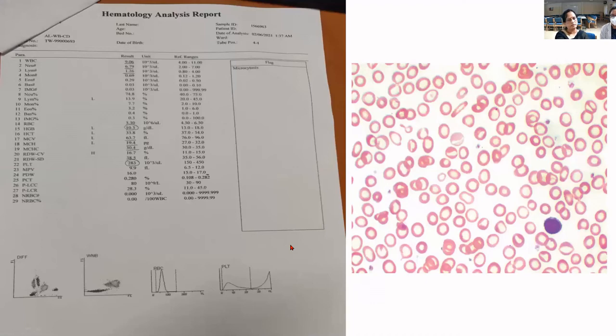This was a 6-part report in which we can see the hemoglobin of the woman is 10.3, which is low. 10.3 grams per deciliter. So this is how we get the hematology analysis report in our laboratory. So just look at what these are. Histograms and all the values that we get from the automated machine once we feed the anticoagulated sample, EDTA blood.